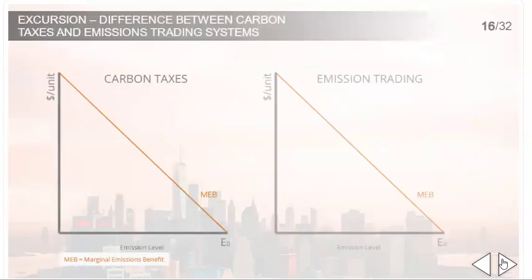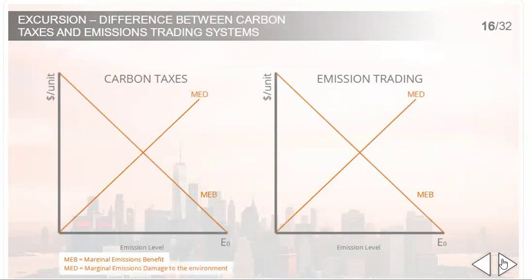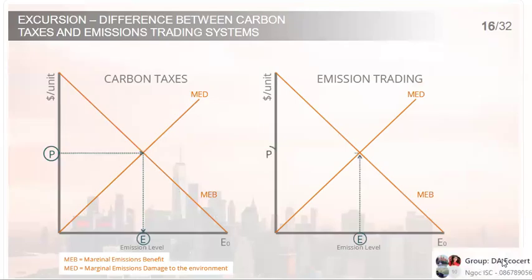Carbon taxes and emissions trading systems both seek to reduce emissions by pricing in the costs of emissions into the emitting activity. Thus, they can also raise revenue for the government. The primary difference between the two is the point of control. Where taxes specify a price on emissions and subsequently allow the market to determine the quantity of emissions, an ETS sets the quantity and allows the market to determine the price.